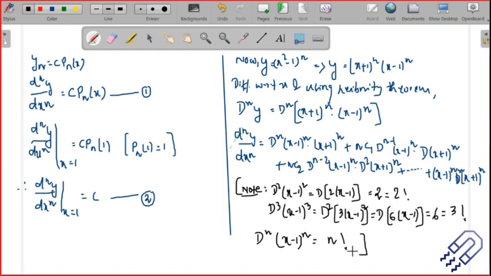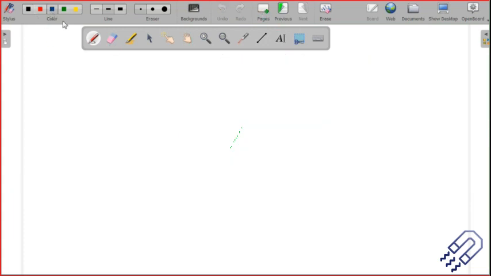Cubed, you do it, 3 factorial, and so on. So this is going to continue, okay? So that's the reason that for this particular term, I can simply write it down as factorial n. Okay, so let's just do it now. So let me just write down this now. Okay, so that means therefore